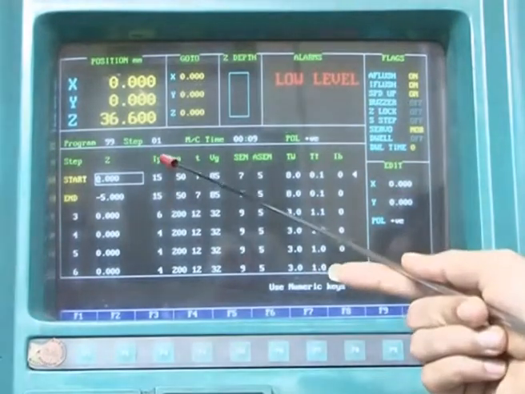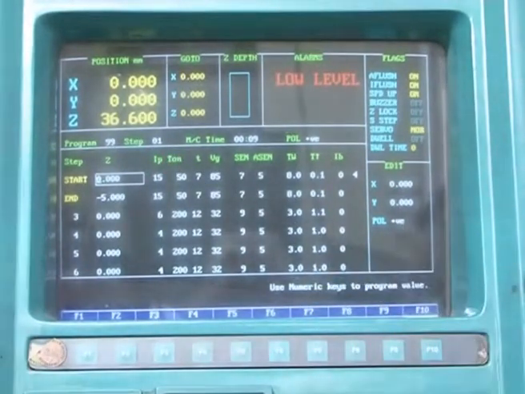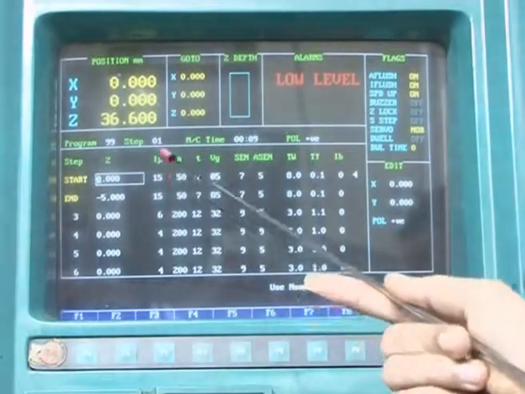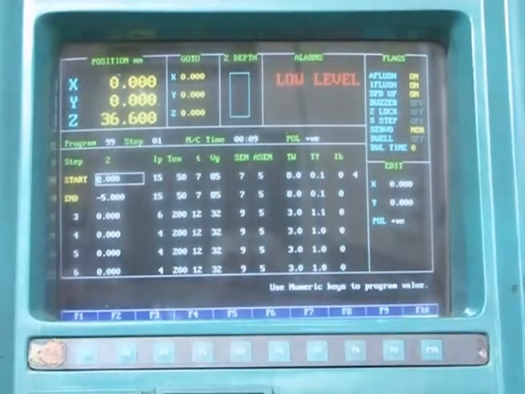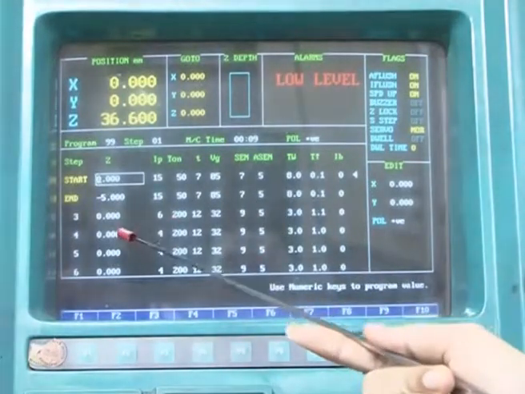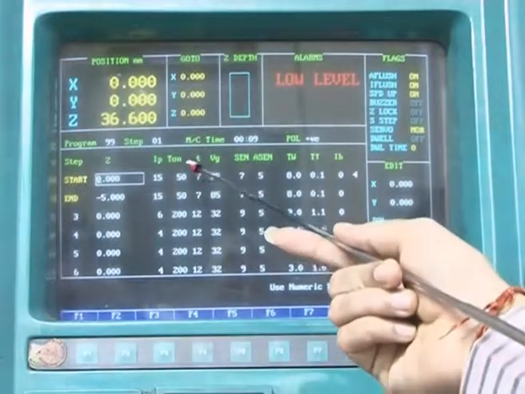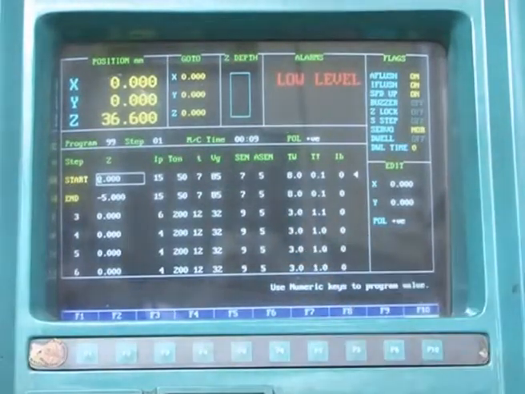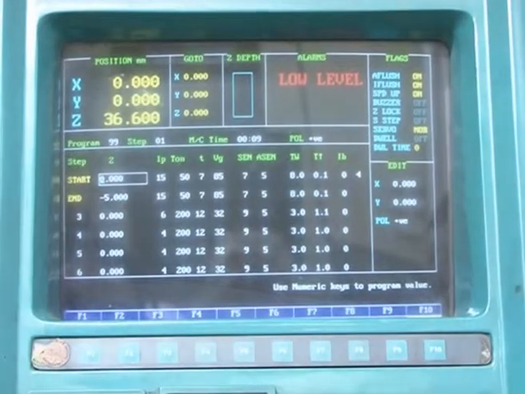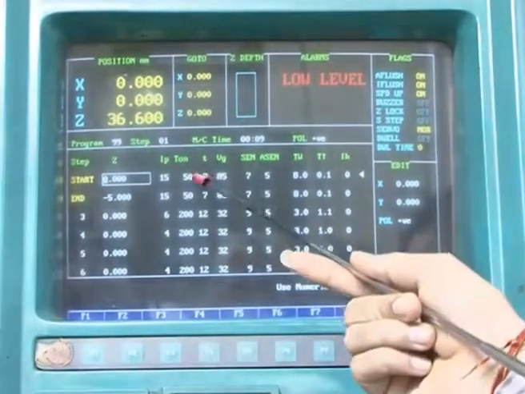This is IP, the input current. If you increase this current, machining takes place at a higher rate and the surface roughness will increase. So according to the process requirement you can set a higher or lower current. The second one is T on, the on time. T on is how much time machining can take place in a particular cycle, so that sparking can take place.